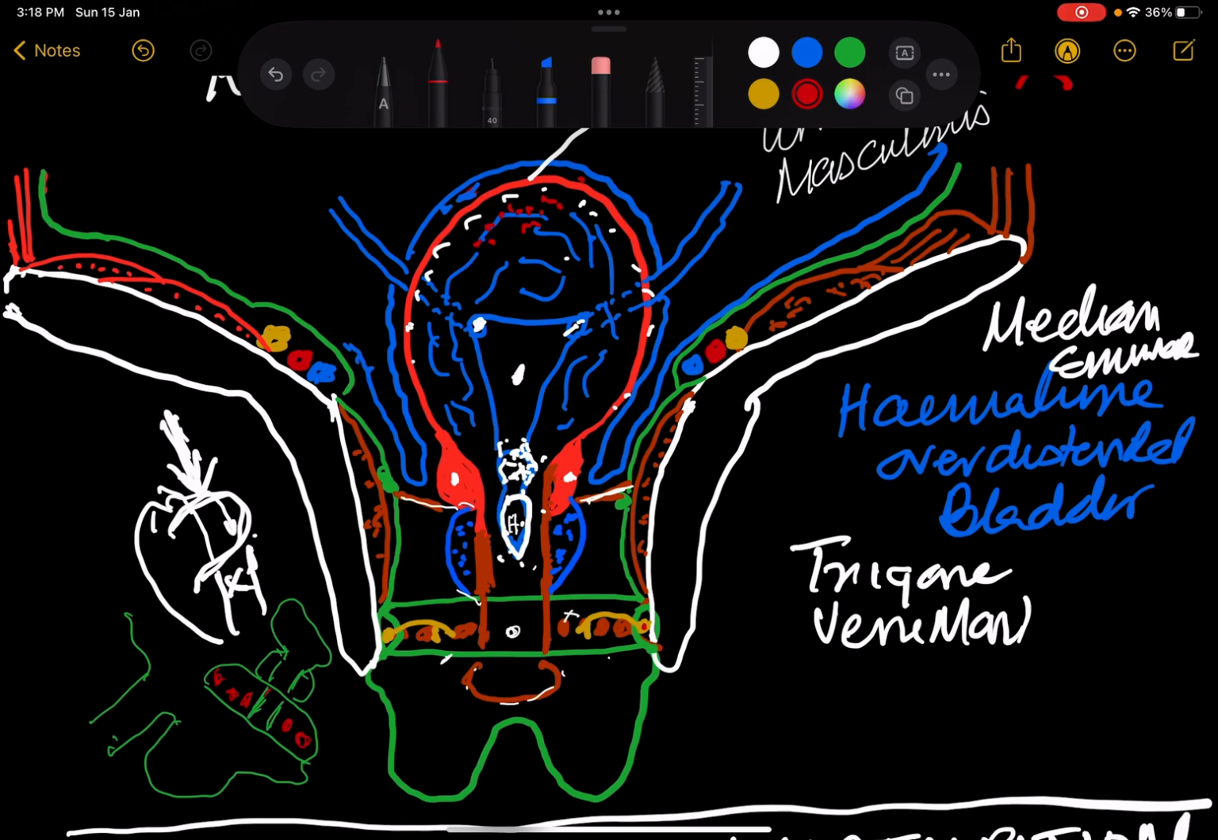supplied by the pudendal nerve which lies in a canal which is called Alcock's canal. So then it becomes the perineal urethra. After the membranous, it becomes the perineal urethra going up, and then the penile urethra going down, and it is